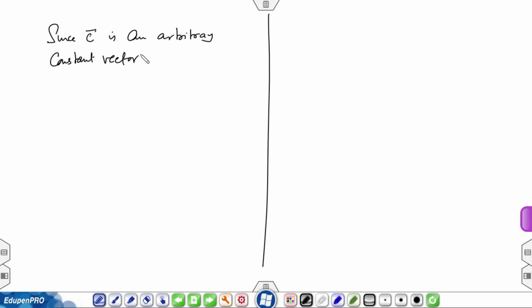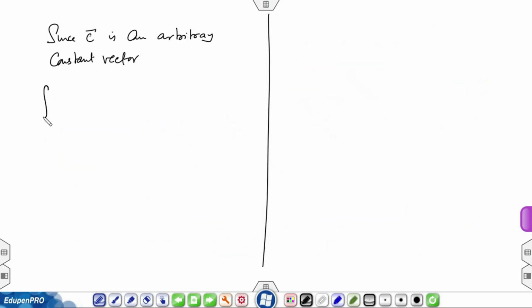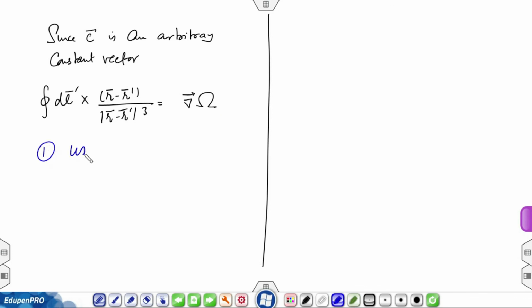So, I can show it for all three components, and that immediately leads to integration d l prime cross r minus r prime over r minus r prime cubed equals grad of omega, and the answer follows. So, the tricks used were: 1, use vector C cross r minus r prime over r minus r prime cubed